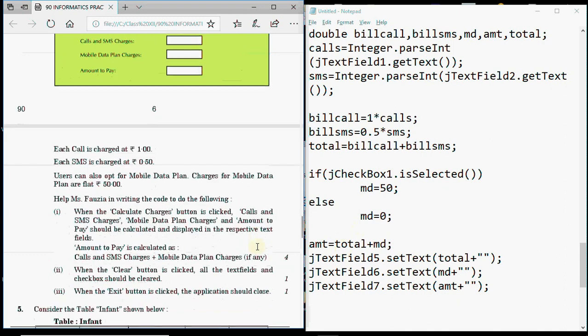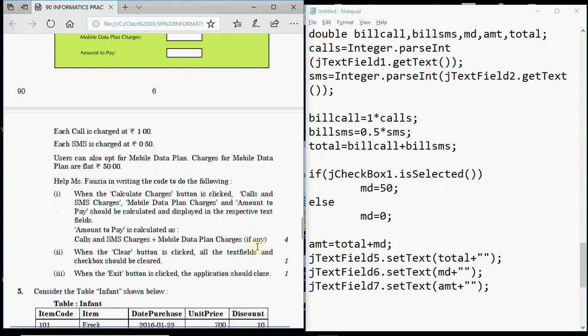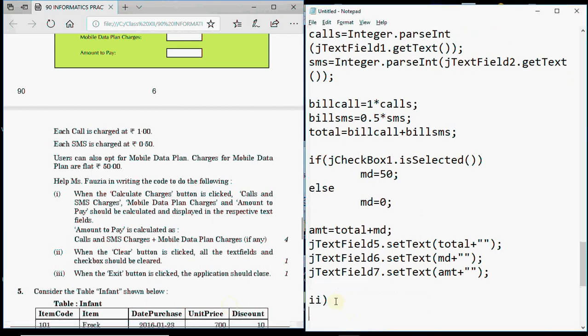Then there are 2 marks called bonus marks for you. They are bonus because they are almost the same question every year. When the clear button is clicked, all text fields and checkboxes should be cleared. Now this button always has the same coding. You have to make all text fields blank. So we are just going to write this